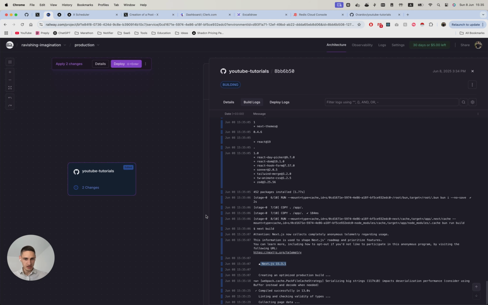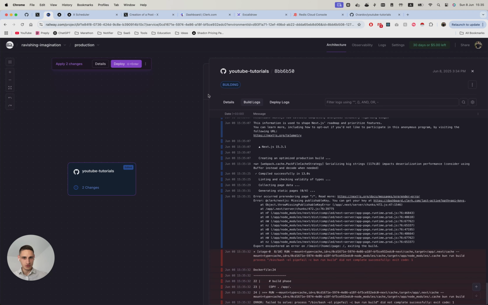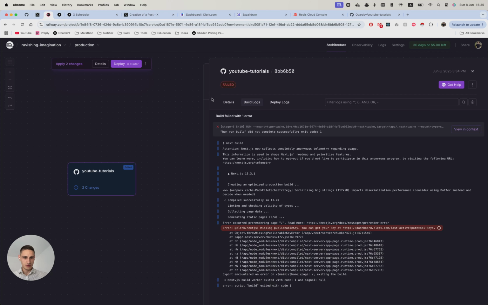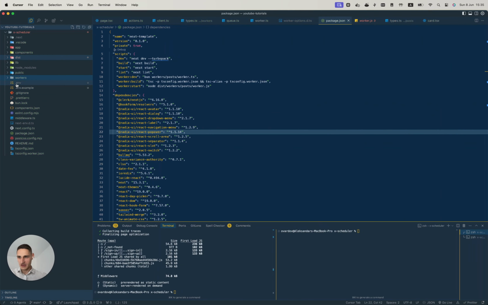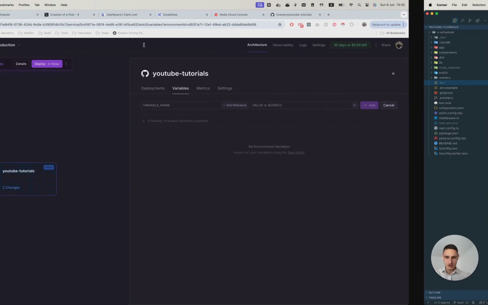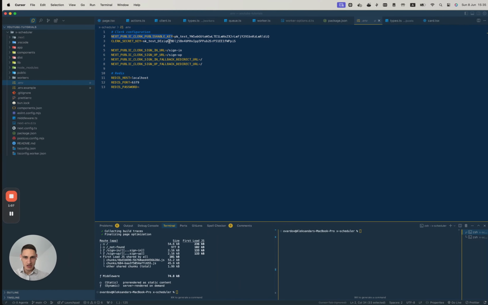Yeah, it's deployed the Next.js because we have a new command here. So this is not gonna work because we don't have environment variables. So here on env, we can just add new, and then we have to make it here one by one because there is no import. So if I just add these values,